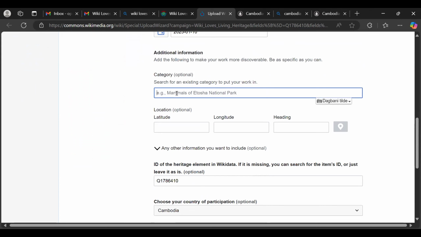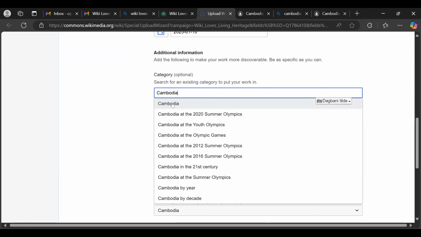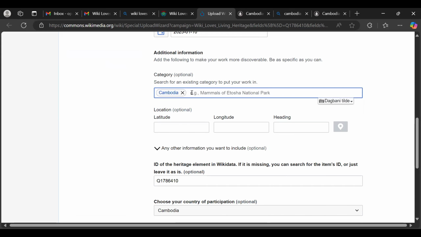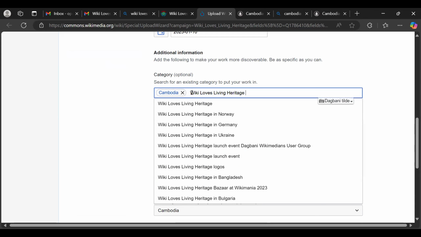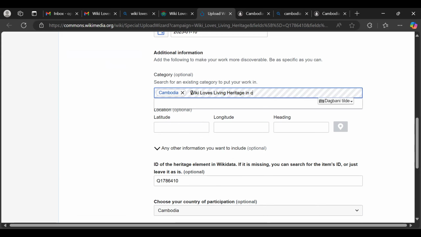The category is not really necessary, but you can put Cambodia, if the item is from Cambodia, as category. Cambodia, then you select Cambodia, that's adding the Cambodia category. You can also add Wikilabs Living Heritage in Cambodia.